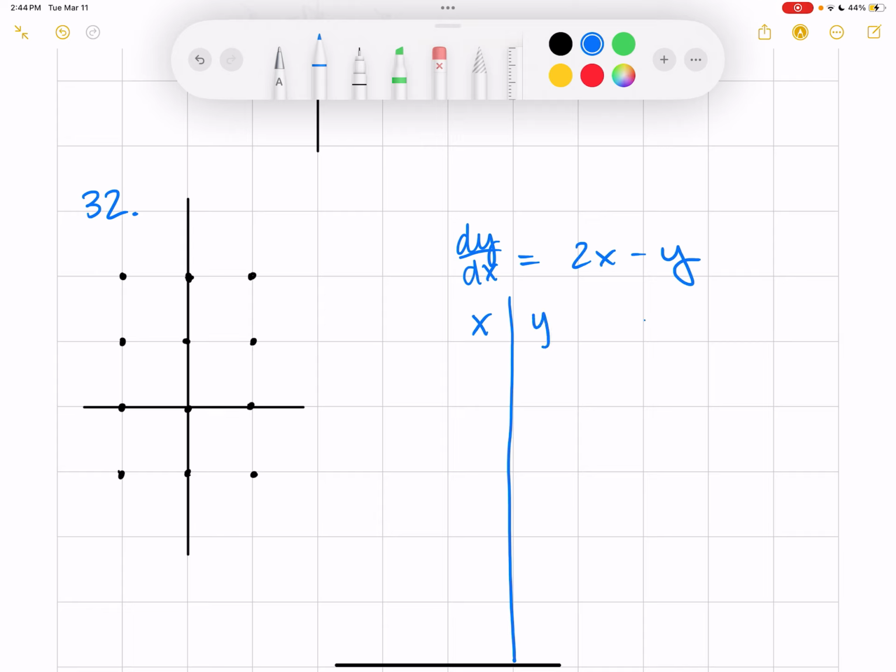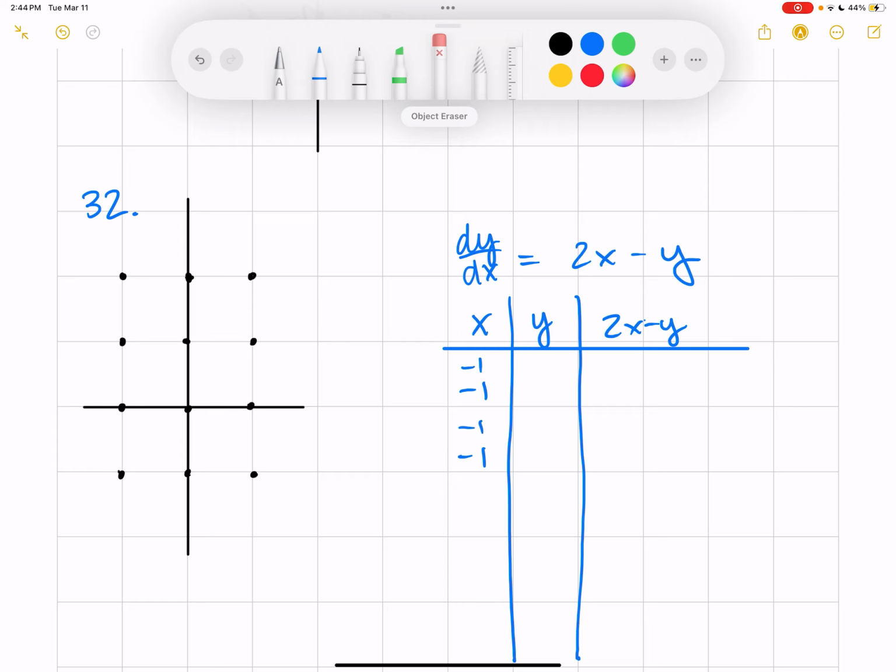Y, and I do 2x minus y. And I'm going to basically do it at each of these points. So what I usually do is I'll stick with all the x values, so all the x's of -1. I'm going to do 2 in each block since my blocks are big. And then I'm going to choose each of the y values, so -1, 0, 1,